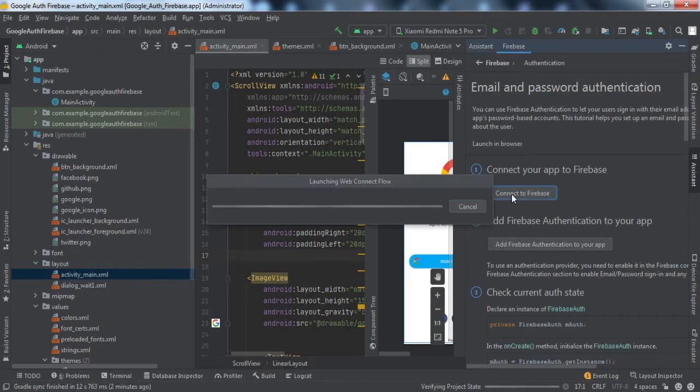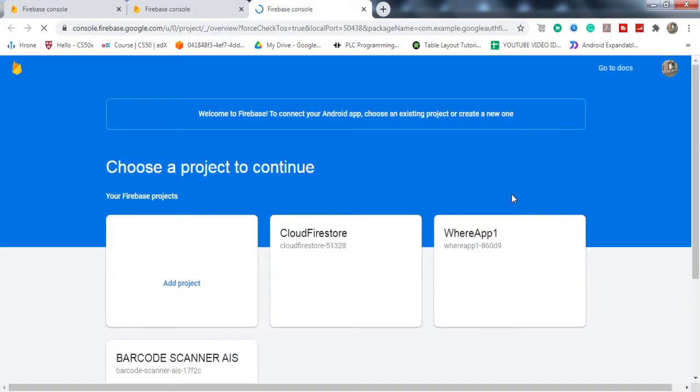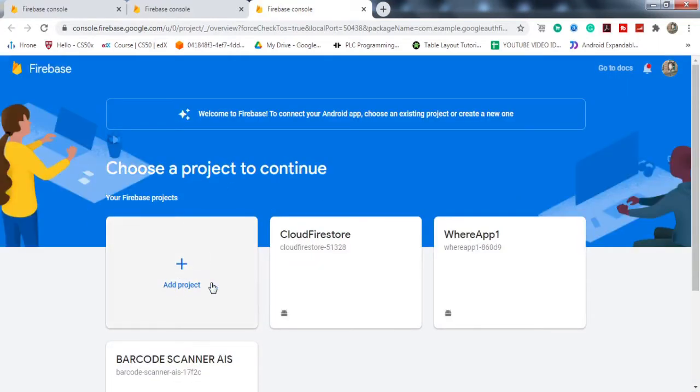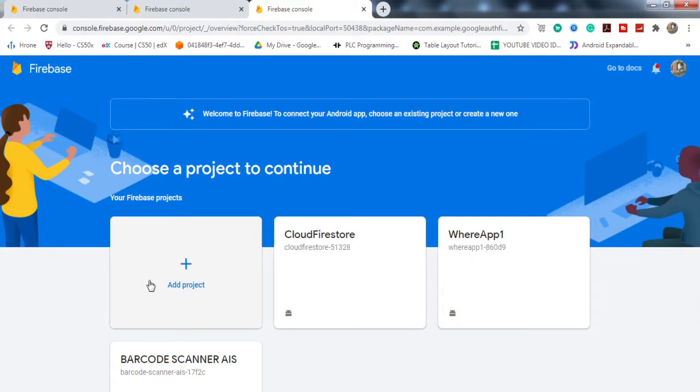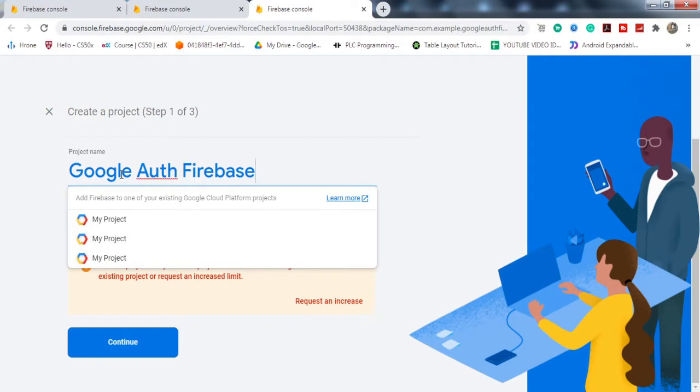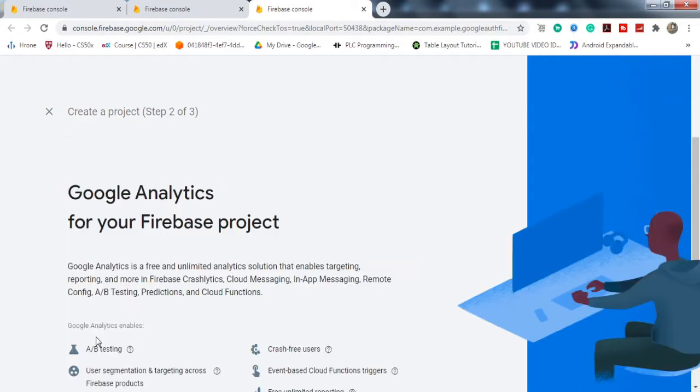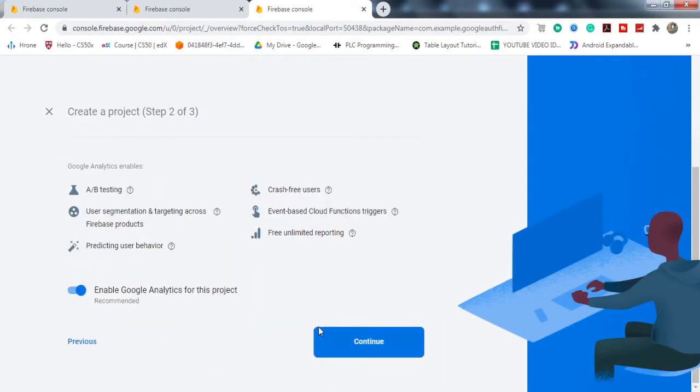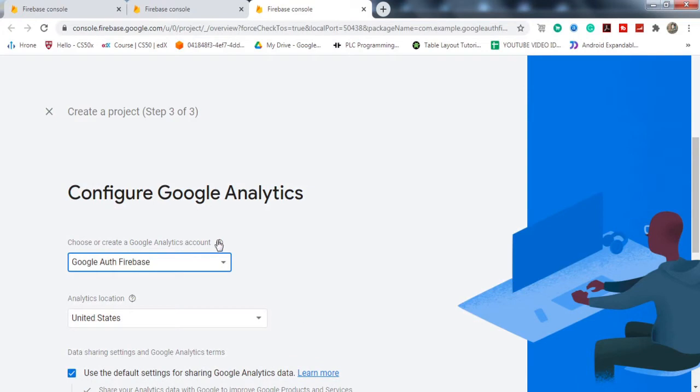So if I click on this, so I'll create a new project. So the name will be Google Auth Firebase only. So if I click on continue, continue.